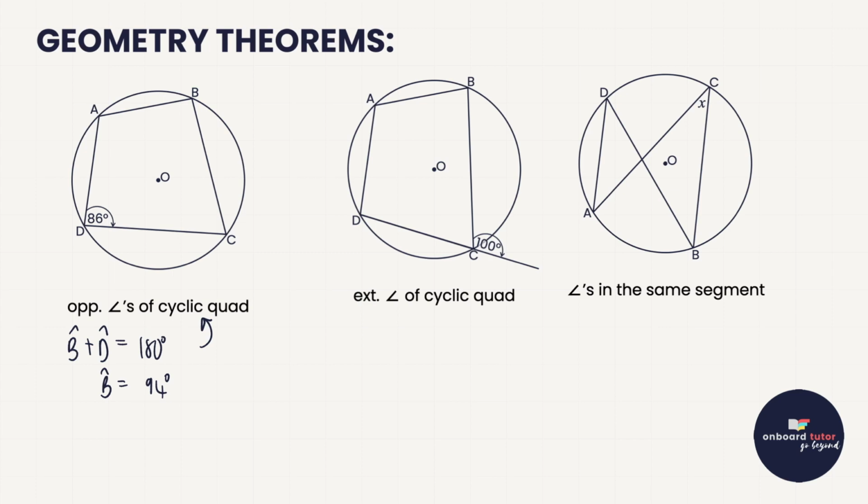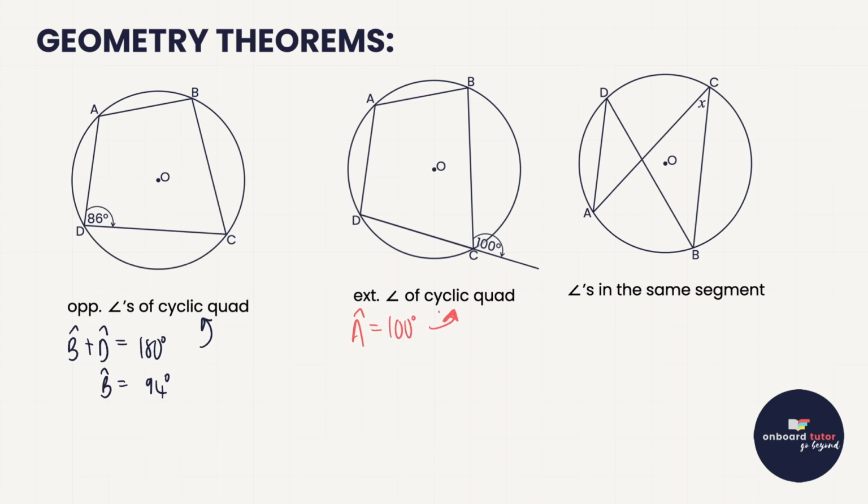The exterior angle of a cyclic quad, so we've got our quad here, and then the angle needs to be formed by two sides, okay, an extension of the one side and then against or adjacent to one of the other sides. That's an exterior angle, and the exterior angle is equal to the interior opposite angle. So in this case, we can say here that angle A is equal to 100 degrees, okay, exterior angle of